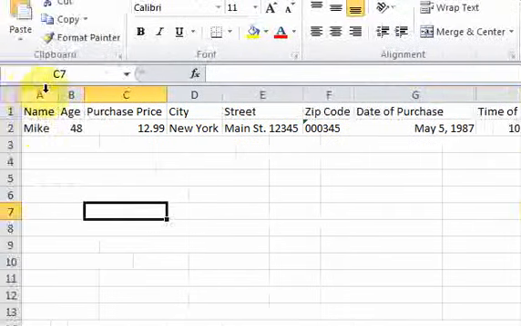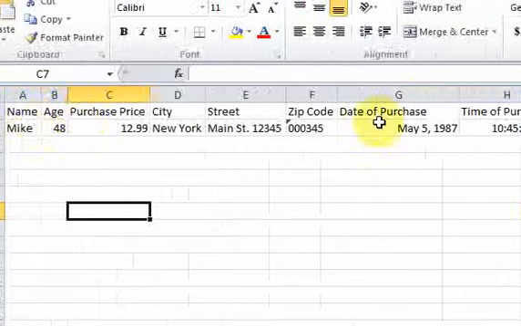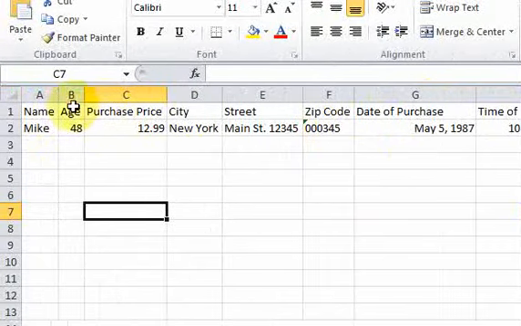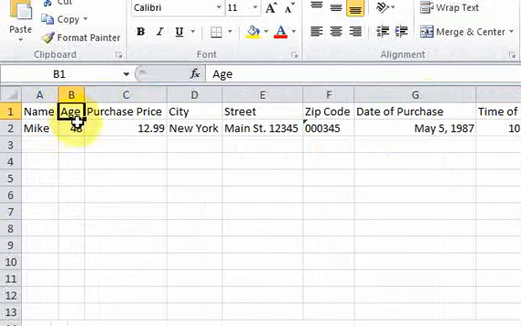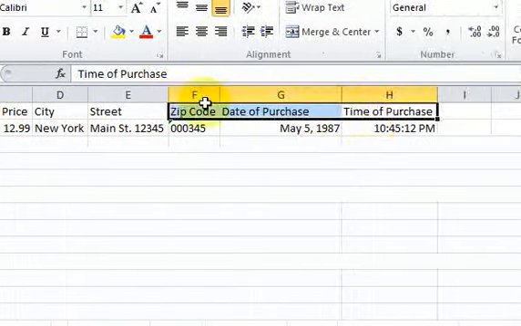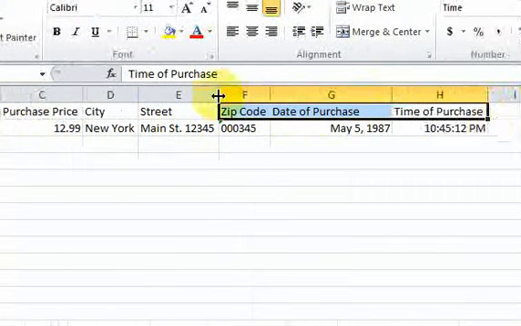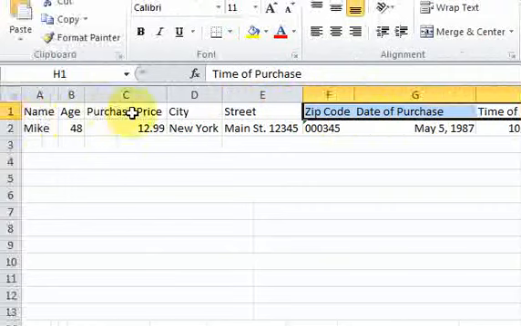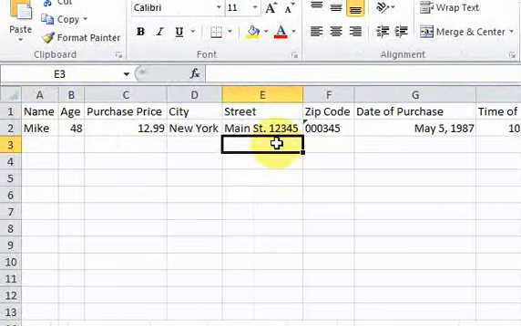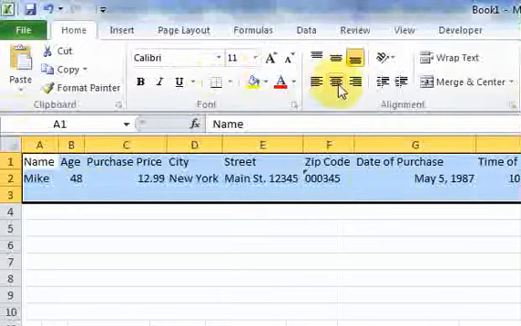Okay, so now I entered my data here, but now look, it doesn't look very good. The alignment is off. Some are aligned to the left and to the right, and I don't have really anything to make it look good. But let's do that. Okay, so what I want to do is format everything to be in the center of every cell. So I could select all these cells,